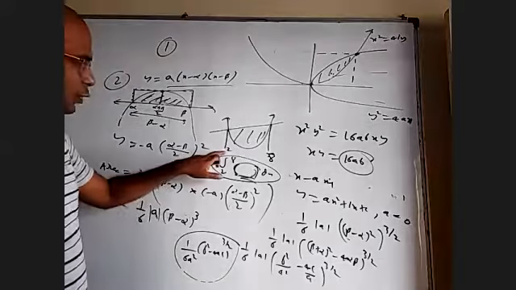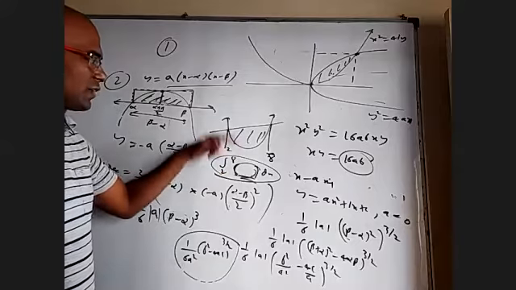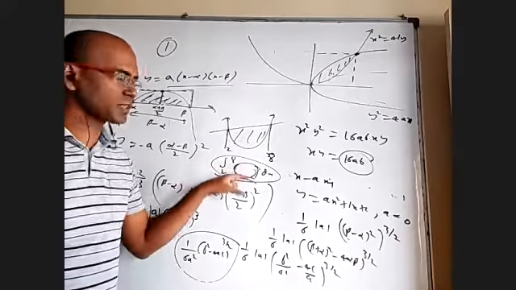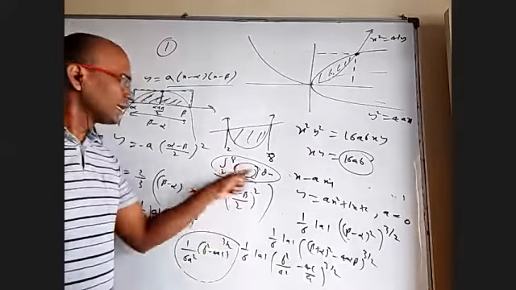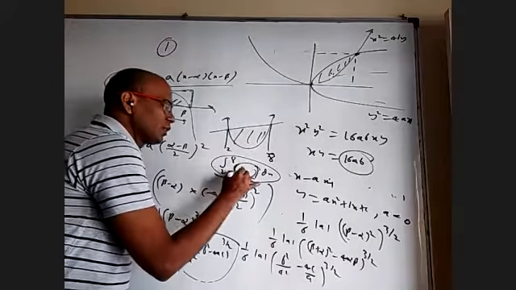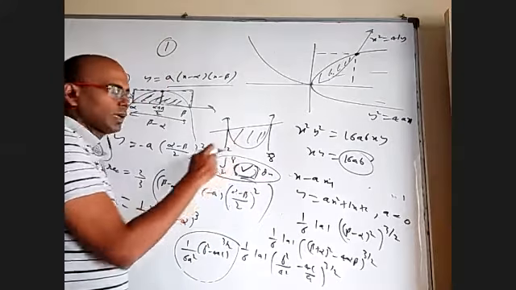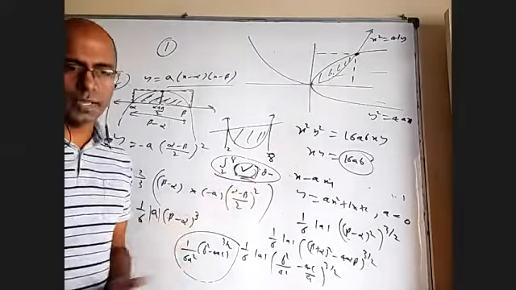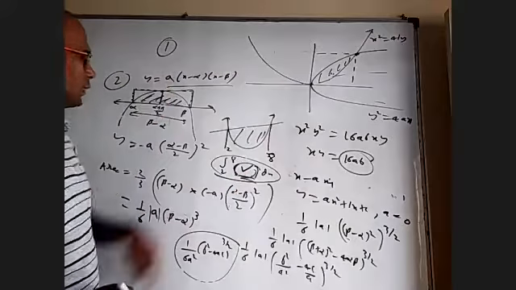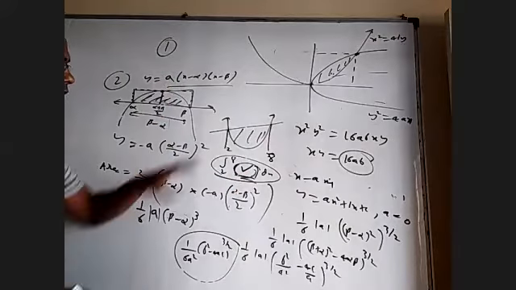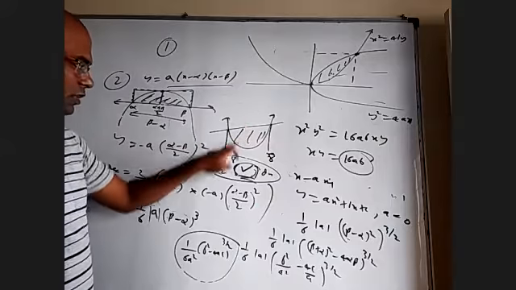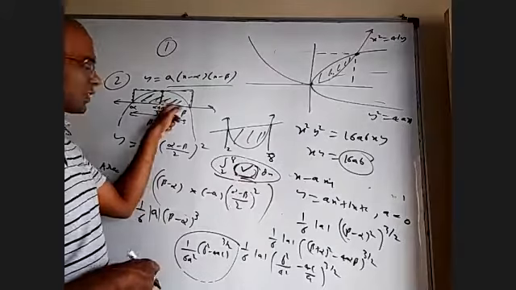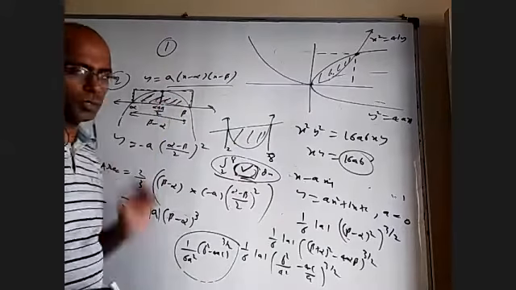Why? Because at 2, these two are equal, which means their difference will be 0. So for this new quadratic expression, which is the difference of these two, 2 is a root, 8 is also a root. So invariably, you will always find that when you subtract the parabola and line, what you get is x minus alpha into x minus beta into some a maybe based on this. Then you can still use this method. Not for this figure. From this, you get this one. From this, you draw this kind of figure, and you can find it.